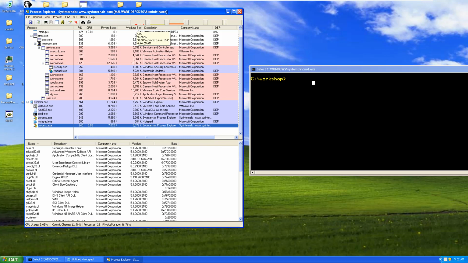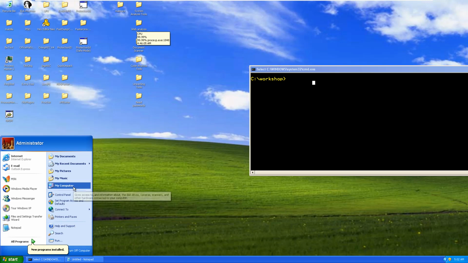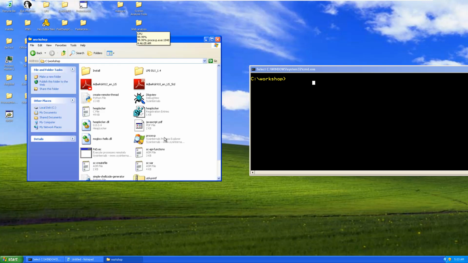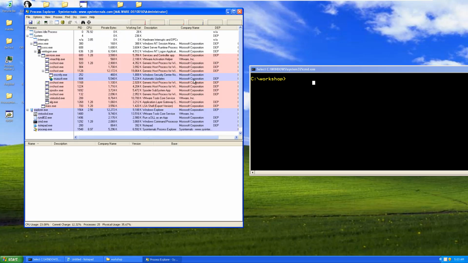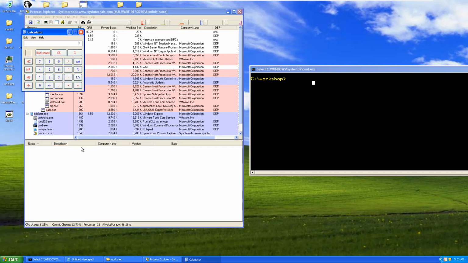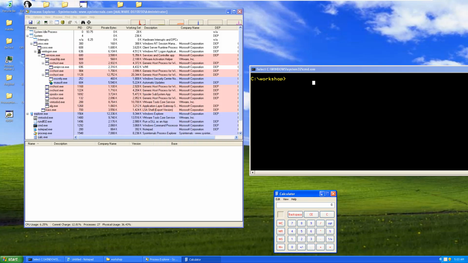All right, so I believe your environment is already well set up and you are ready to go. I've already launched my Process Explorer, and I can close it just to start from afresh. I have my workshop files over here. Here's my Process Explorer, which I have open, and then I'm going to go ahead and open my calculator, and you can see the calculator open up here at the bottom. And one of the things I'm going to do here is inject a DLL